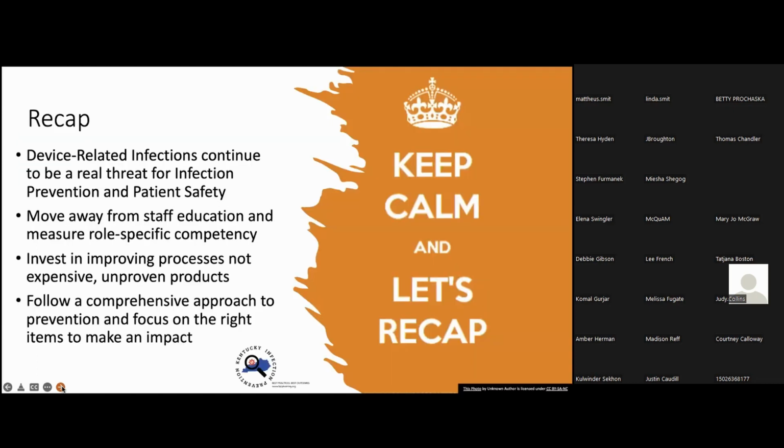So as we conclude and see what questions you have, remember that we're only talking today about devices in the terms of Foley catheters and particularly central venous catheters. But there's other devices that we use, NG tubes, feeding tubes, all kinds of other indwelling catheters that do provide medical utility for sure, but we need to look critically at the sort of functionality of these and the medical necessity. Let's get away from just educating and training and all the money spent there and do more role-specific competency